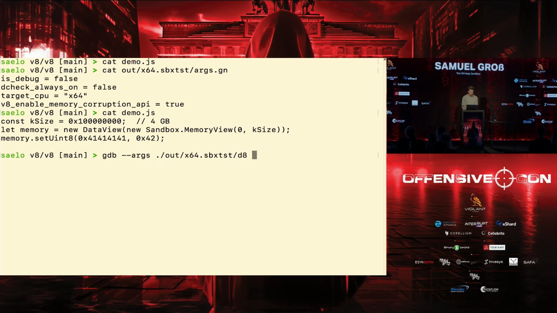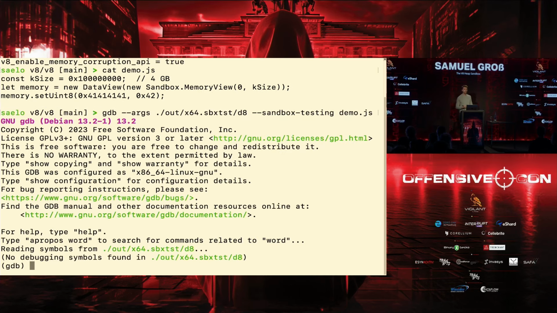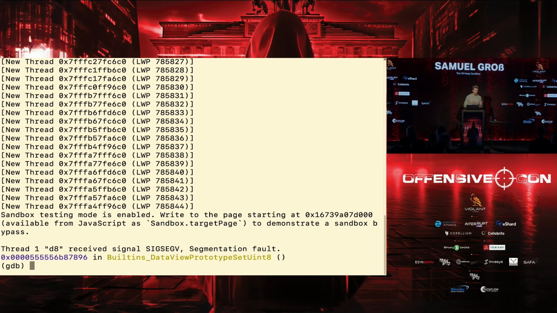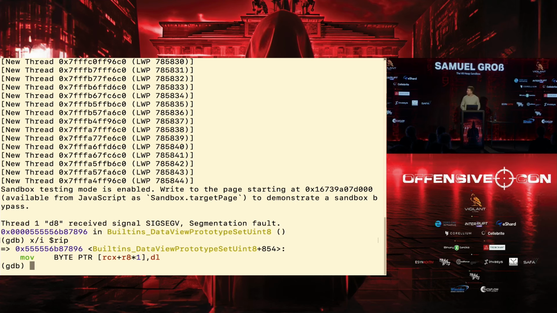Let's run that. Now you have to turn on the sandbox testing mode. This is what, for example, enables the memory corruption at runtime. So let's run it. Now you see we're in the debugger, this is GDB, and we've caught a seg fault. Let's take a look at what seg faulted. We are at some place where it's writing the DL register to this address, and this address is of course